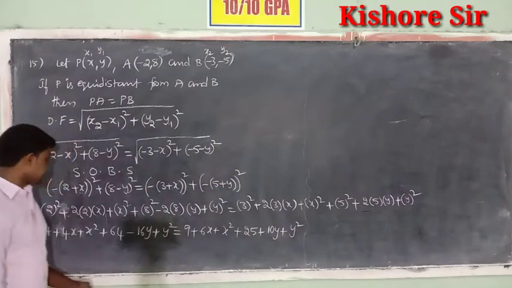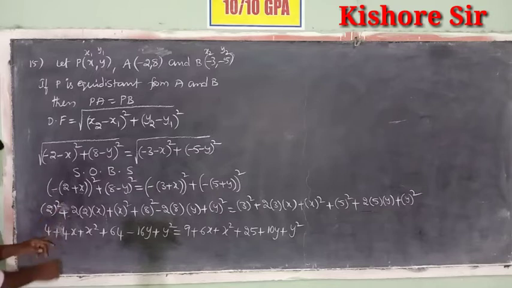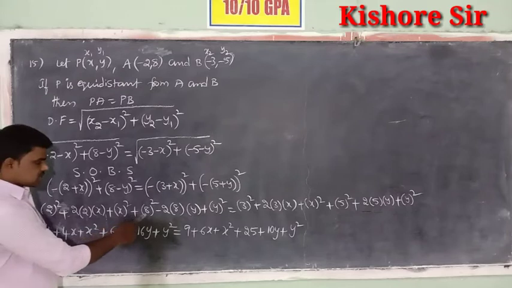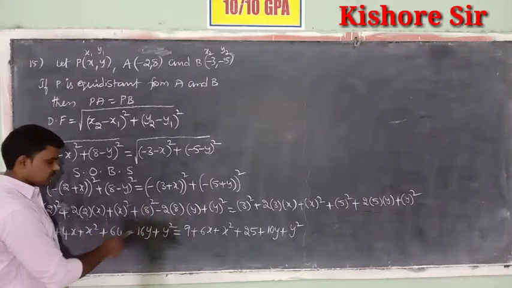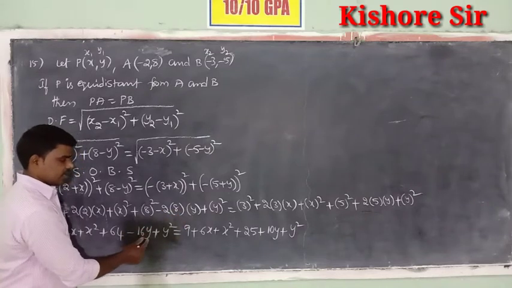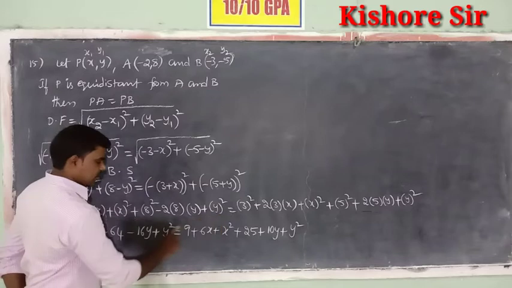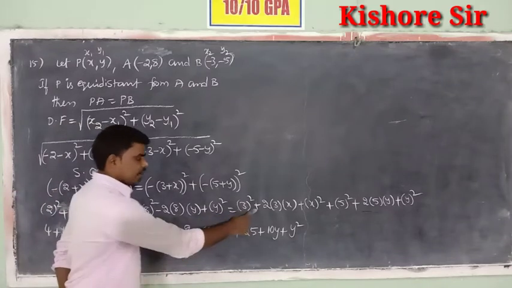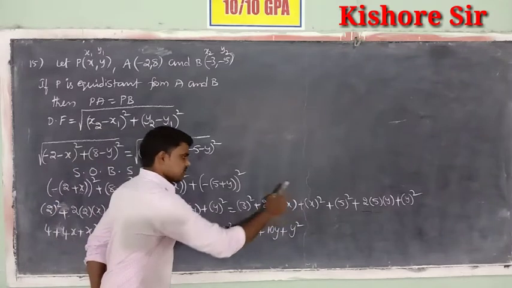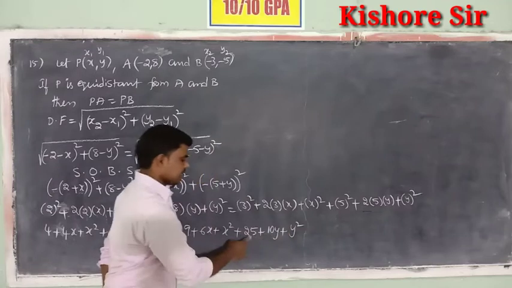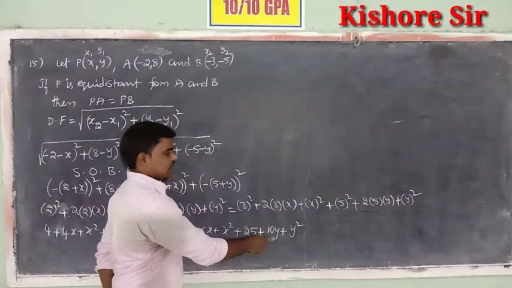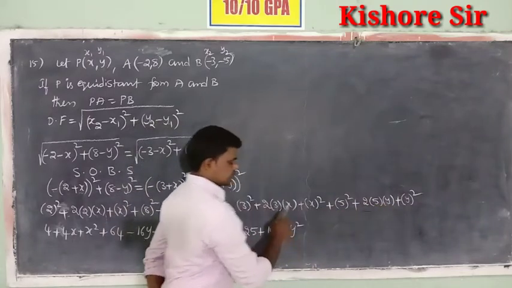See, once again, 2 square is 4. 2 2s are 4, 4 into x, 4x, plus x square, plus 8 square is equal to 64, minus 2 8s are 16, 16 into y, 16y, plus y square is equal to 3 square, 9, plus 2 3s are 6, 6 into x, 6x, plus x square, plus 5 square, that is 25, plus 2 5s are 10, 10 into y, 10y, plus y square. Okay,